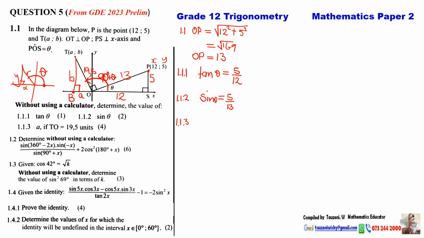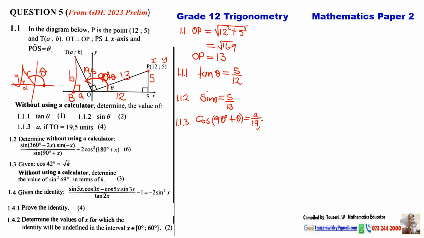So for the triangle that I have in quadrant 2, I have a triangle that has got the hypotenuse TO given as 19.5, and I want to find A. A is the adjacent. So if you are given the hypotenuse and you want to find the adjacent, then you can use cos to determine the adjacent. The cos of 90 degrees plus theta is equal to adjacent. The adjacent is A divided by the hypotenuse. The hypotenuse is